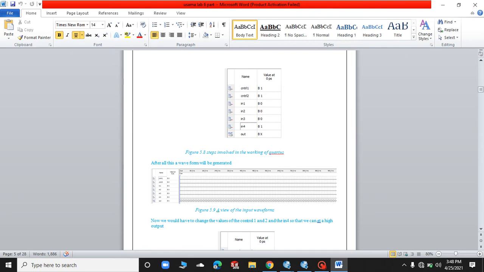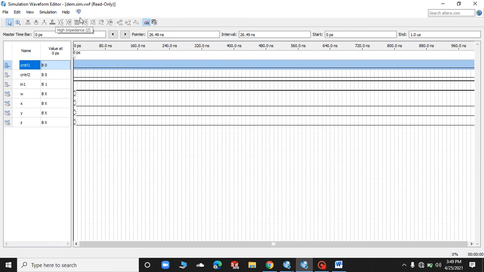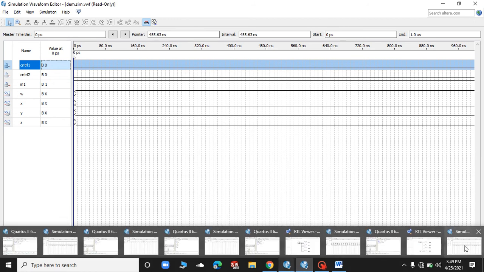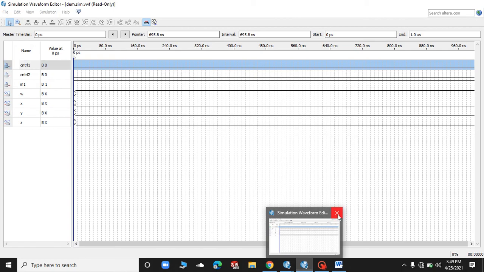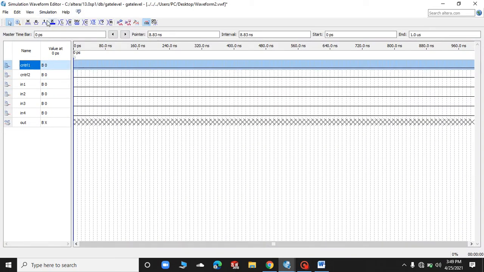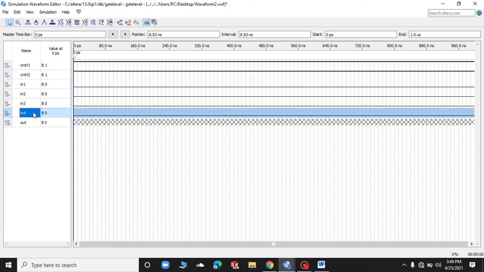So control 1 we will change over here, just wait a second, this is a read only file. Yes, I got it. Here I am getting control 1, so I'll change it to 1, and here control 2, and in 4 will be changed here.